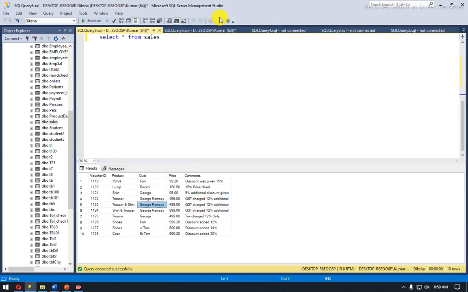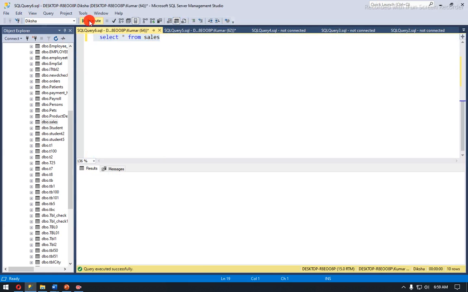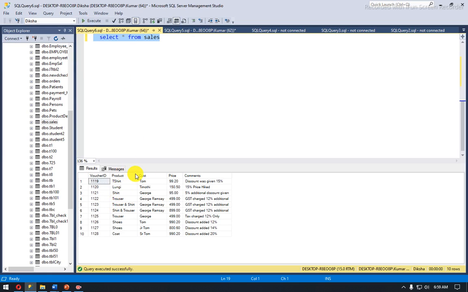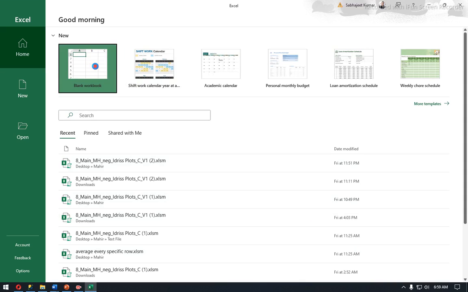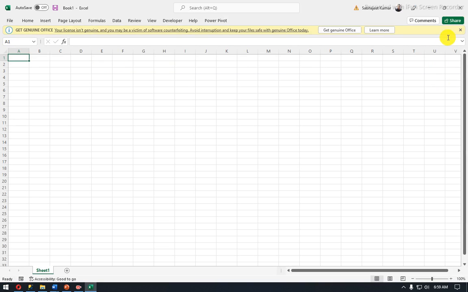This is the sales table, and I will show you how SQL Server functions like filters and pattern matching or wildcards work here. So this is my table, and I will show you how the WHERE clause works exactly. So let's open our MS Excel. Now I open my MS Excel simply,